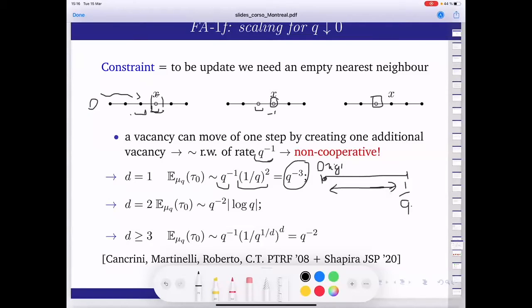Yes, so let me put it in another way. So here, for example, if you have two of these clusters moving and they collide, one of them may disappear, but you always have at least one. They cannot both disappear. So this is related to the fact that you can never modify